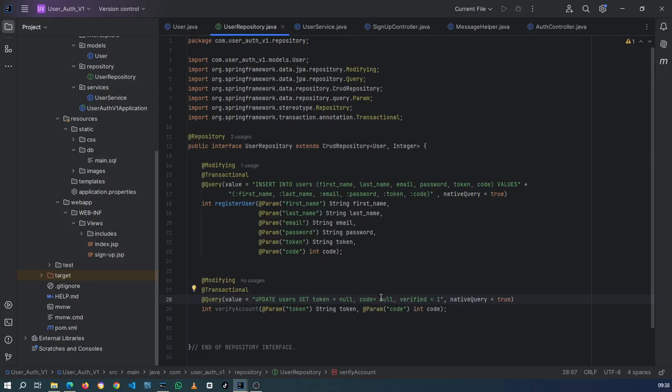Actually, don't set this to null. This will give you issues. Rather just set it to 0. Right, and then the verified. So remember, this field